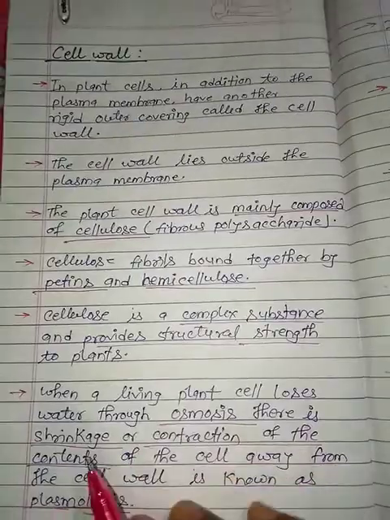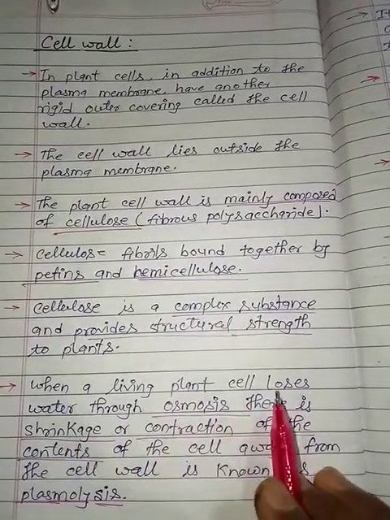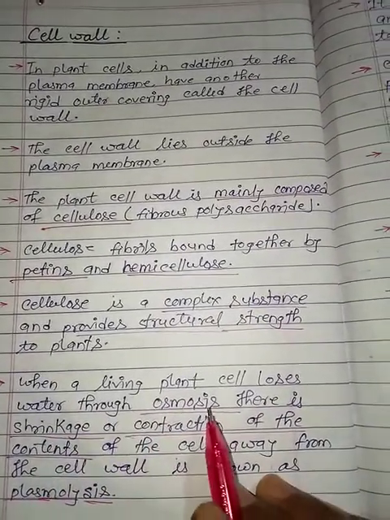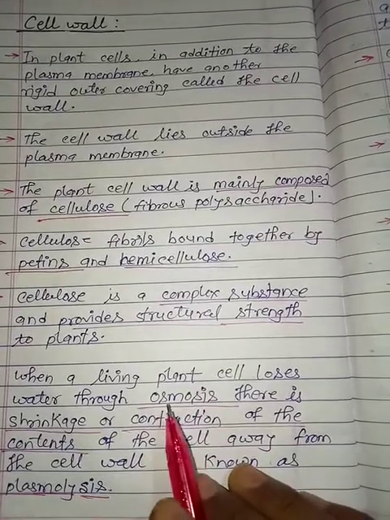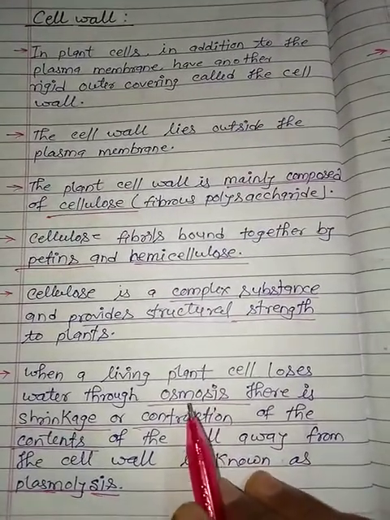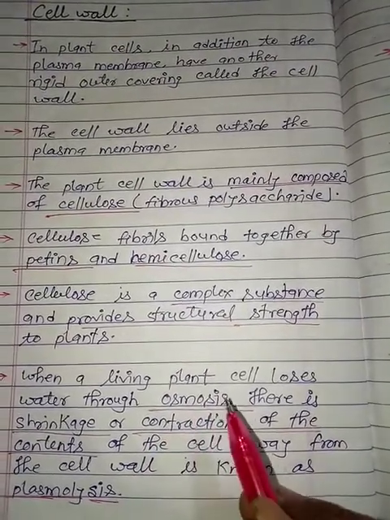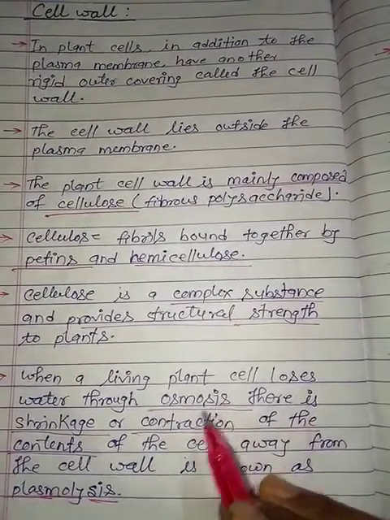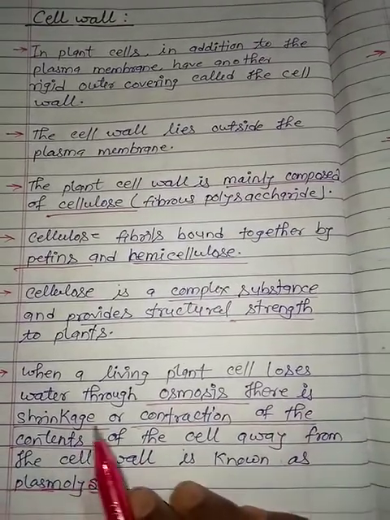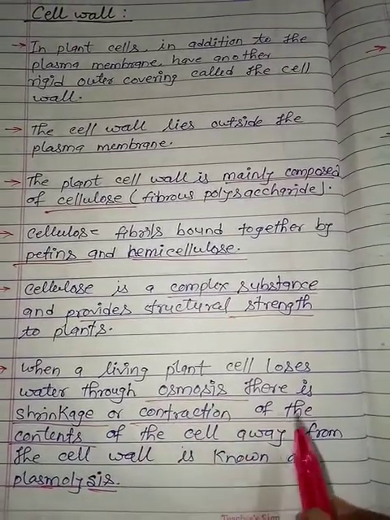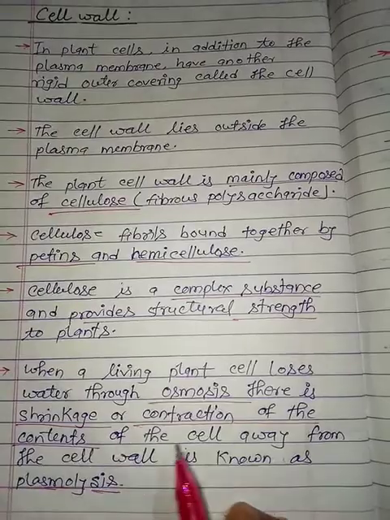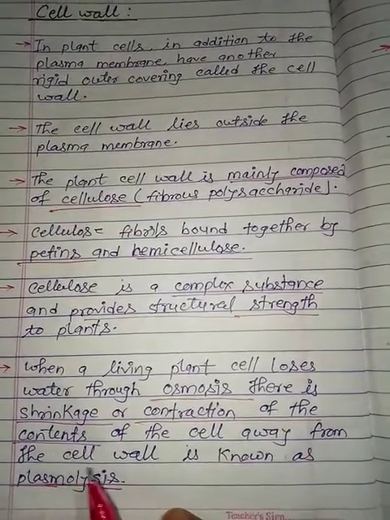When a living plant cell loses water through osmosis, we discussed earlier what osmosis is: the movement of water molecules from higher concentration to lower concentration through the semi-permeable membrane. So there is shrinkage or contraction of the content of the cell away from the cell wall,